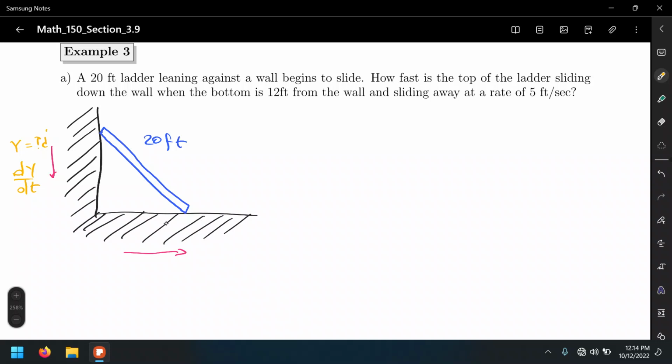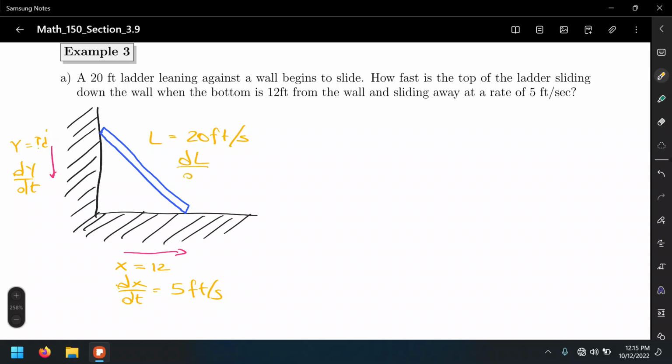What do we know for the horizontal direction? Well, in this case, x equals 12. That's 12 feet away from the wall. And they're telling us dx dt is, so it's sliding away at a rate of 5 feet per second. Now, so that's the length L for the ladder. However,